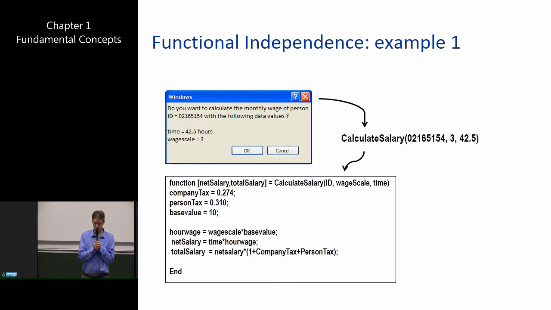If your database approach allows for functions, then you have functional independence, because functional independence means that the method or the implementation can change without impact on the software applications. That is the idea of information hiding. What it means is that the method is hidden from the applications. So the applications have no access to the way the salary is being calculated, which is a very nice thing,